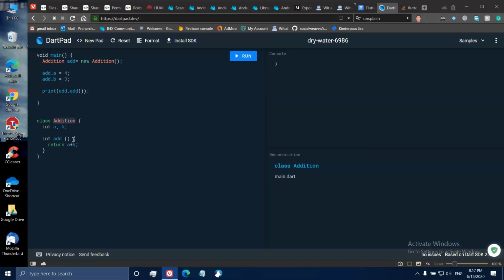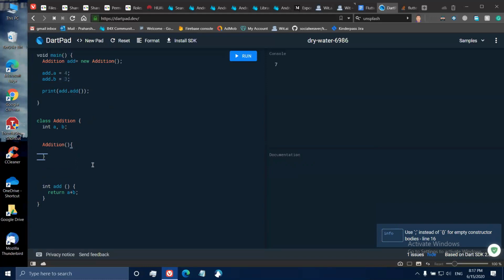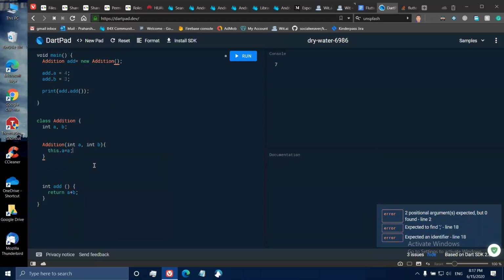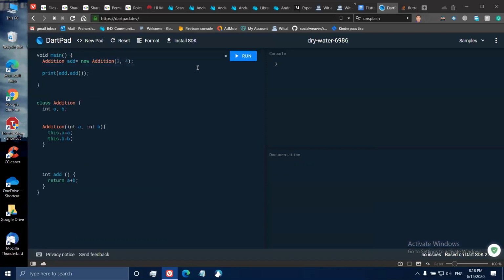What if I want to define a constructor, right? Constructors are also defined exactly like they're defined in languages like Java. We'll say integer a, integer b, right? And we'll say this dot a is a, right? And the same thing here, this dot b should be b. Not here. The constructor should be initialized with the objects, and then we'll be able to get the results in add,